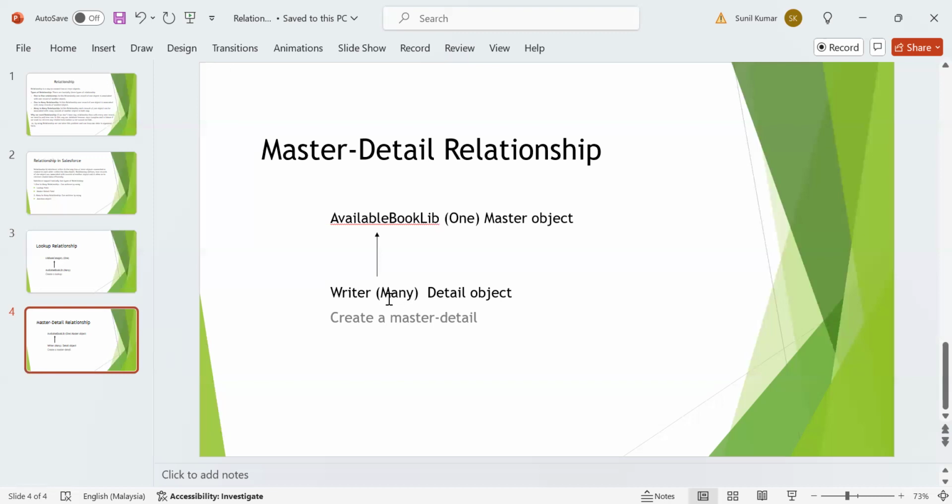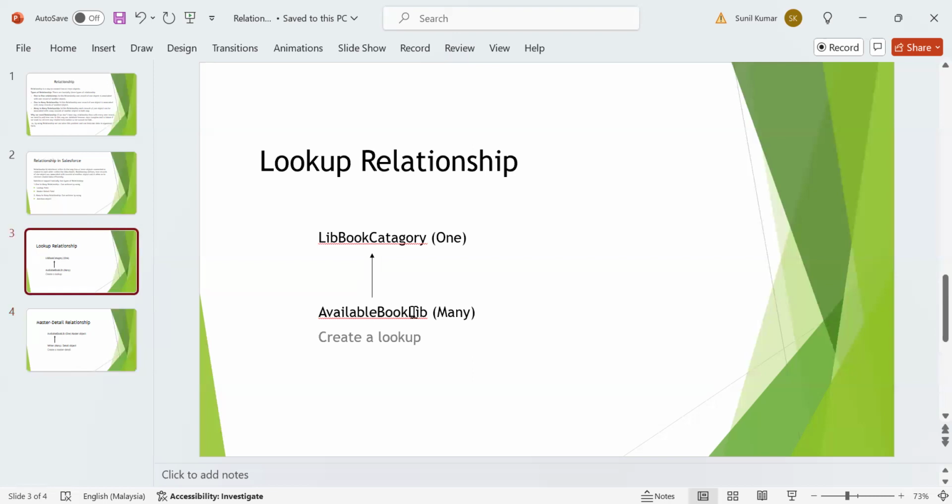So here I'm using this as many writers. In this example my available book library works as a master object and this one works as a detail object, right? We need to create our master detail field on the detail object, similar to our lookup relationship, right?